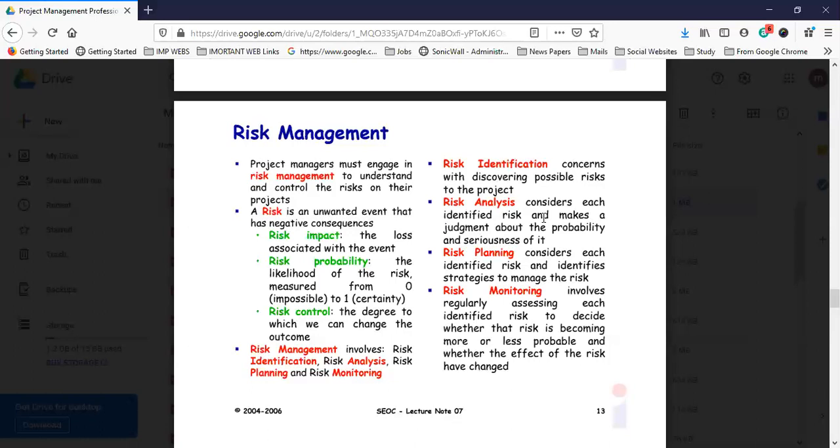Zara, suppose in your past experience you have some exposure to the finance side or the automobile side. Find out the risks; in the next class we will talk about how you analyze the risk, how you measure it, and what the impact is if the particular risk happens.